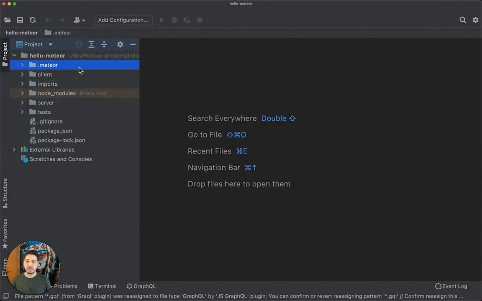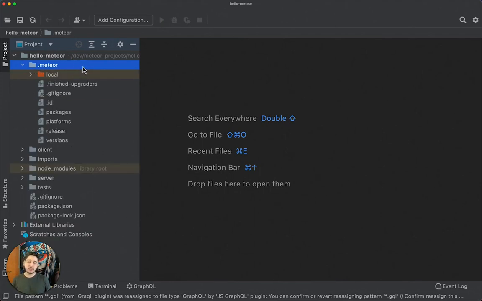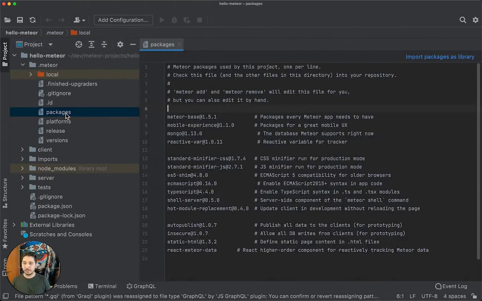The first folder is .meteor, and Meteor will take care of this folder, so we don't need to worry much about it. We have this local folder where Meteor keeps the local data and local cache. We can have a look at the packages file. This is where we keep the Meteor packages that we are using in this application. We can see all the packages that Meteor already added for us and their versions. We usually don't change this file manually. When you run the commands meteor add and meteor remove, we can add and remove packages and they will be